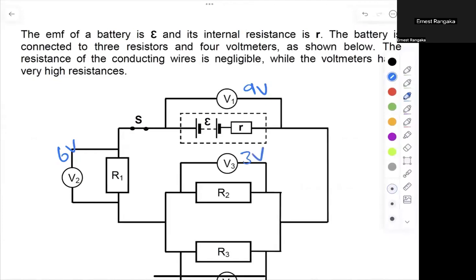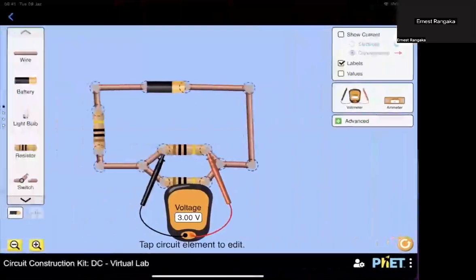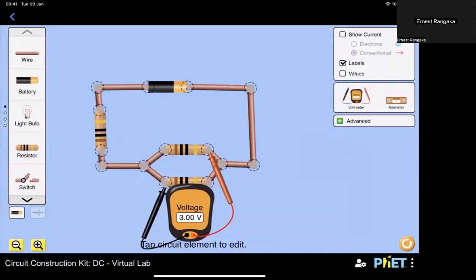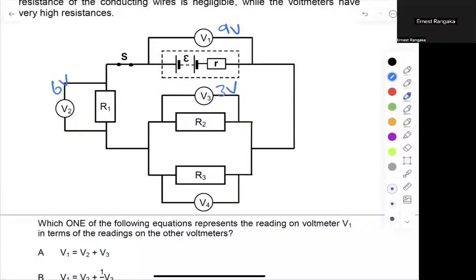That's 3 volts. Then I can also go measure V4 and see what V4 gives me. It's the one just below there. Put my terminals there. And V4 also gives me 3 volts, right? So let me quickly go back. V4 also gives me 3 volts. So now when we look at it together,